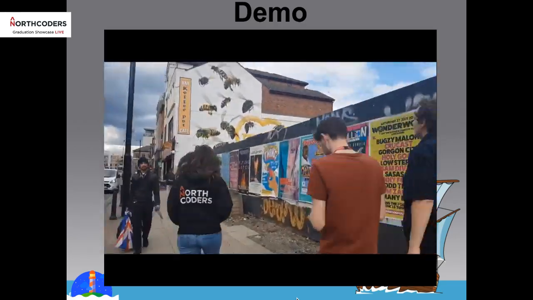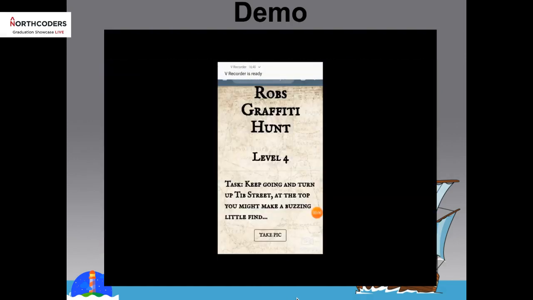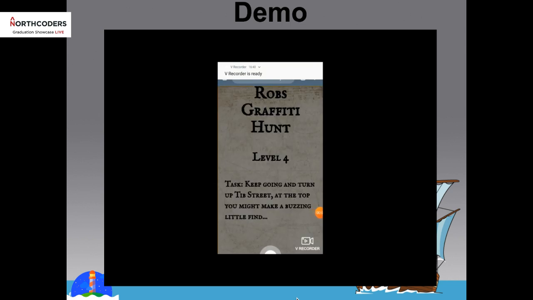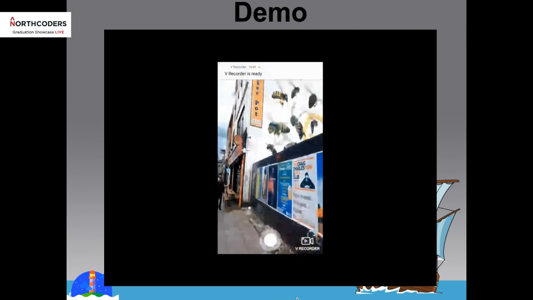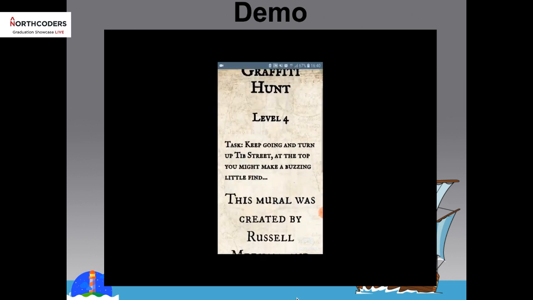There's image classification as well. So you'll see Sam here taking pictures of some bees, and he gets the picture right. So you then get a bit of information about this mural in particular, and some clues to the next level